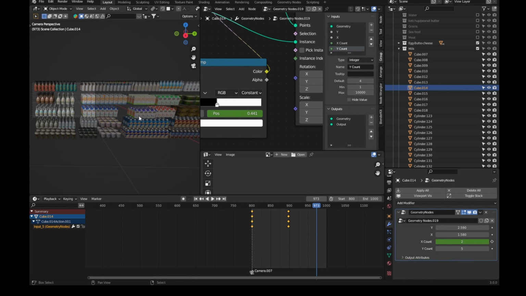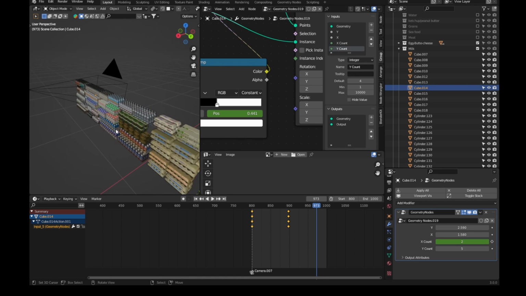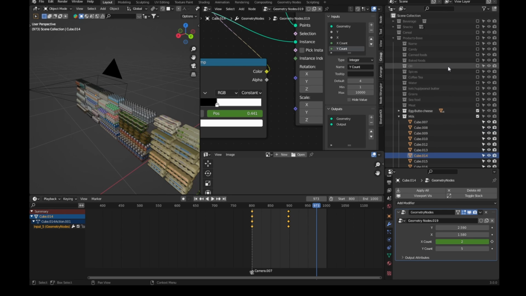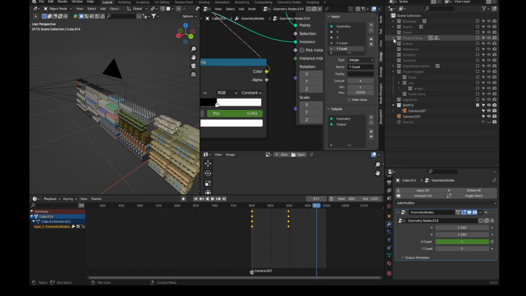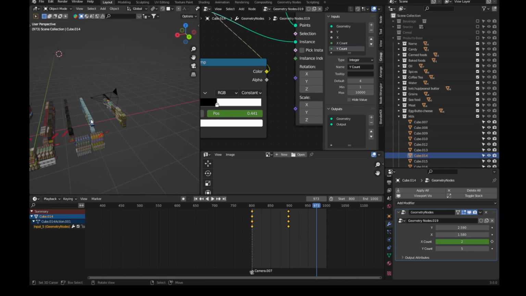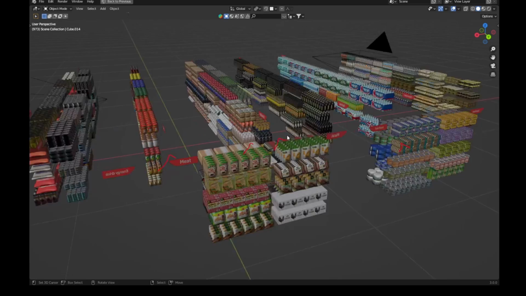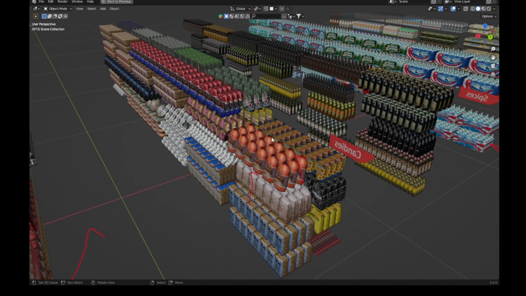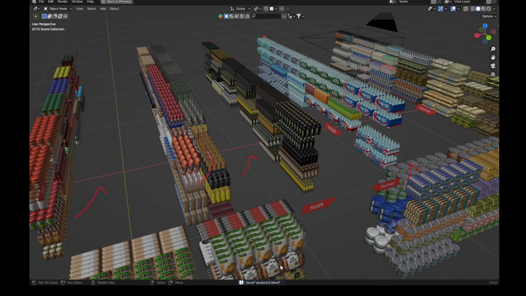Okay, so I have this file open over here. This file has all these inside the products base collection. You can see there is name, there's candy, canned foods. I haven't enabled this collection. So you can see over here we have all this collection, and if we delete this bread packet and save it, and we go back into